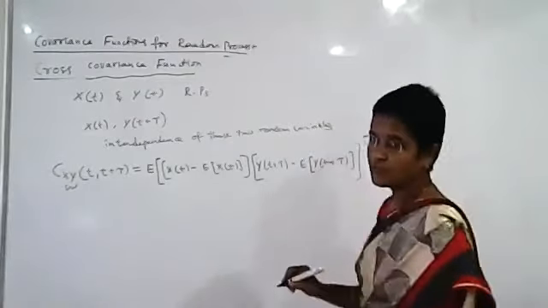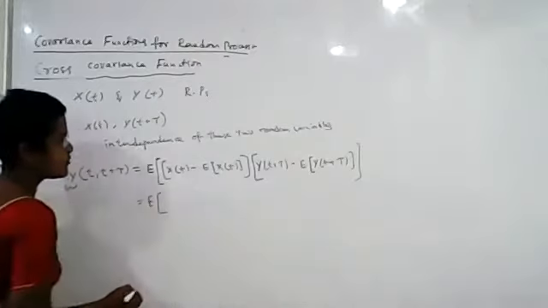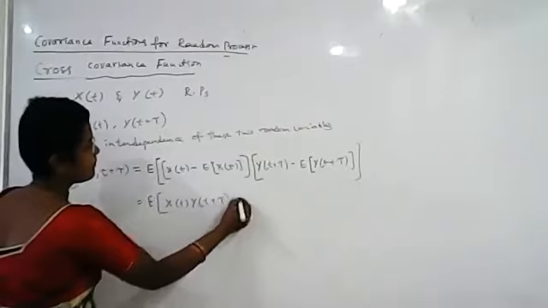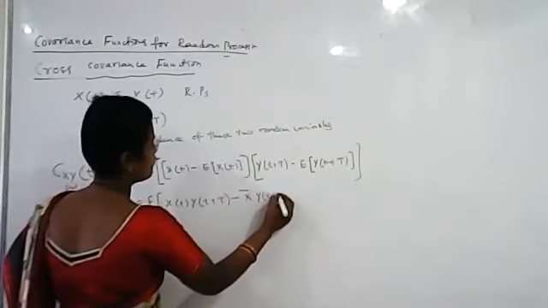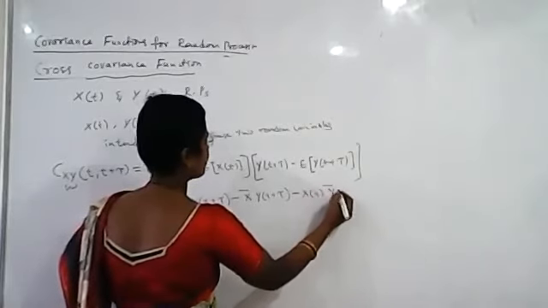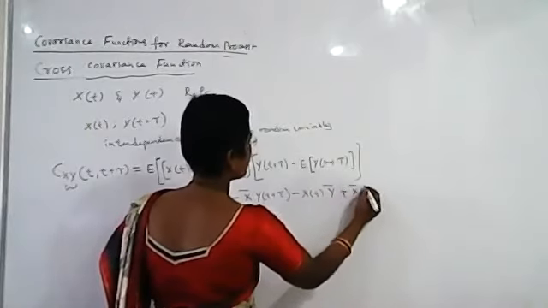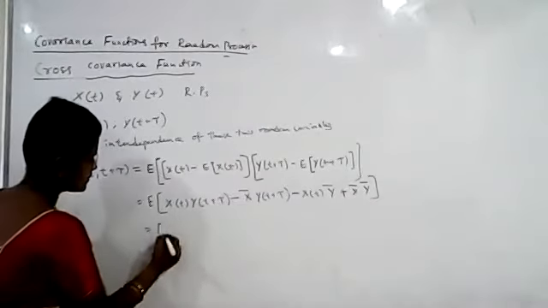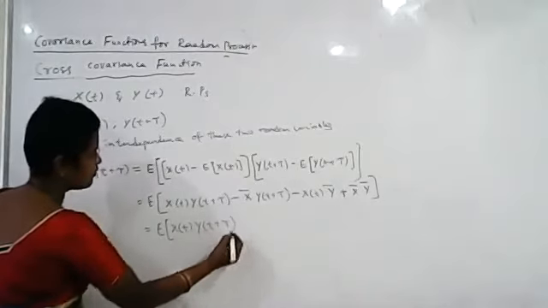If you simplify this, multiplying these two terms, we get x of t, y of t plus tau, minus x bar y of t plus tau, minus x of t y bar, and the last one is plus x bar y bar. Now apply expectation to all terms. It can be written as the expected value of x of t, y of t plus tau minus,